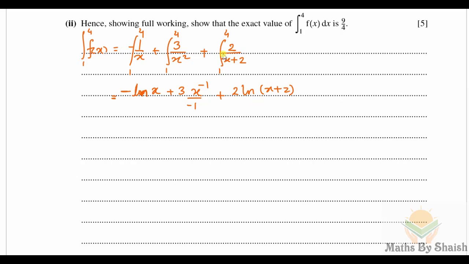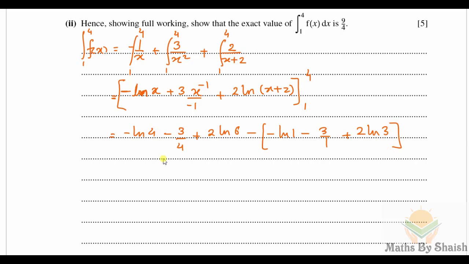We will not apply modulus because between 1 and 4 this is not going to be negative, and then we'll put the limits from 1 to 4. It is going to be minus ln 4 minus 3 over x at 4, plus 2 times ln 4 plus 2, that is 6, and minus the lower limit, by putting the lower limit, that is going to be 1, so ln 1 minus 3 over 1 plus 2 times ln 1 plus 2,